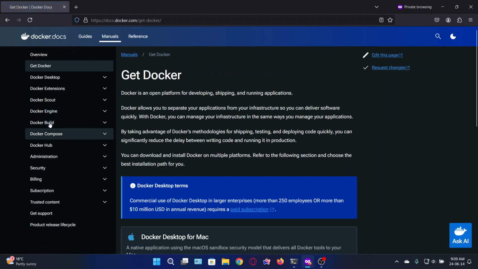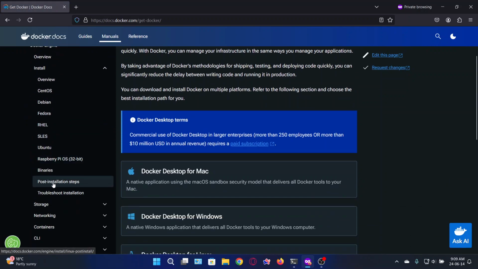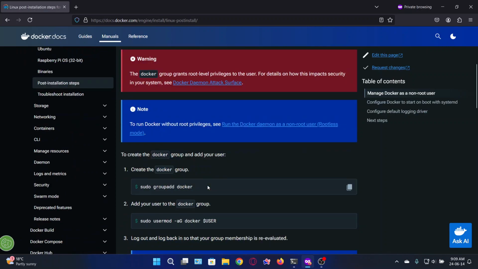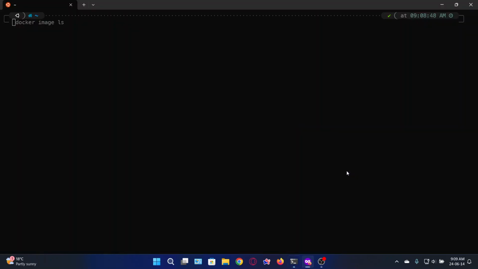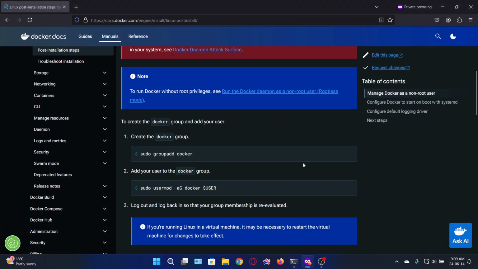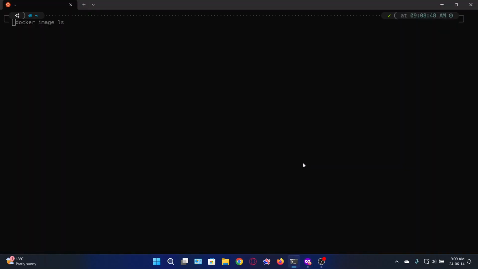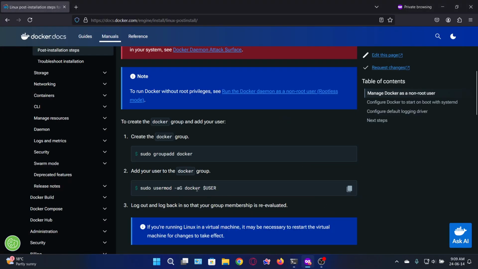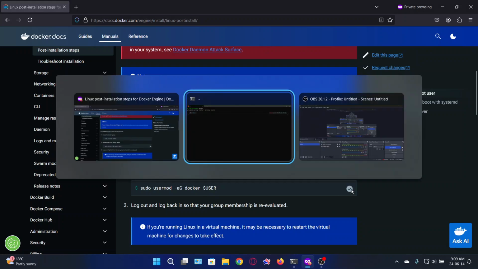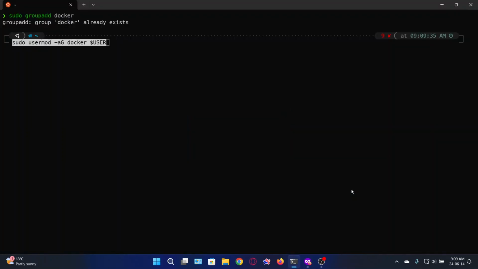So we go to our Docker engine, install, post installation step, yeah, and this one. So we will add this one, add Docker to group. So group Docker group already exists, so we are going to add our user to this group,